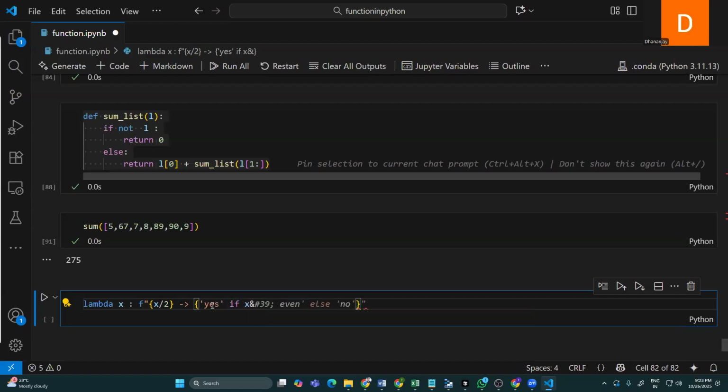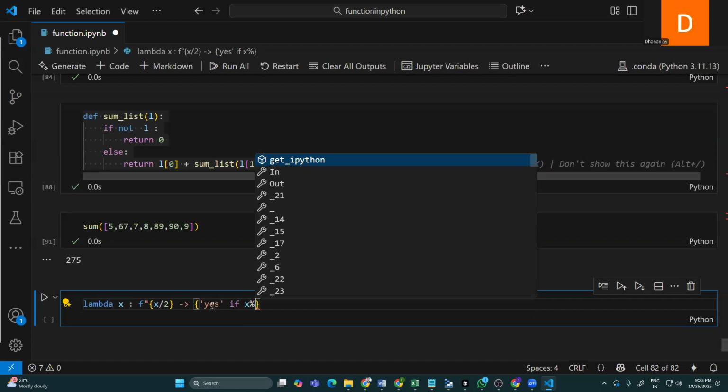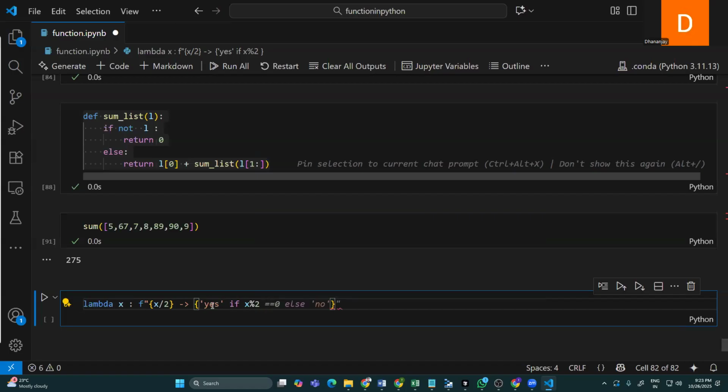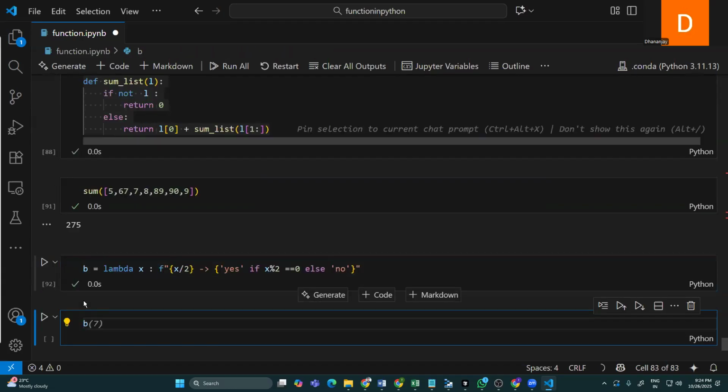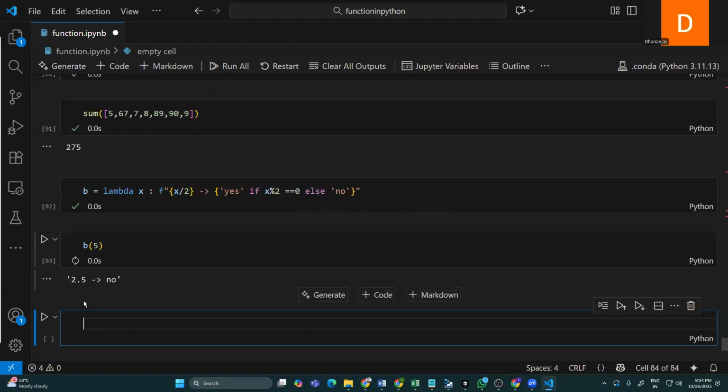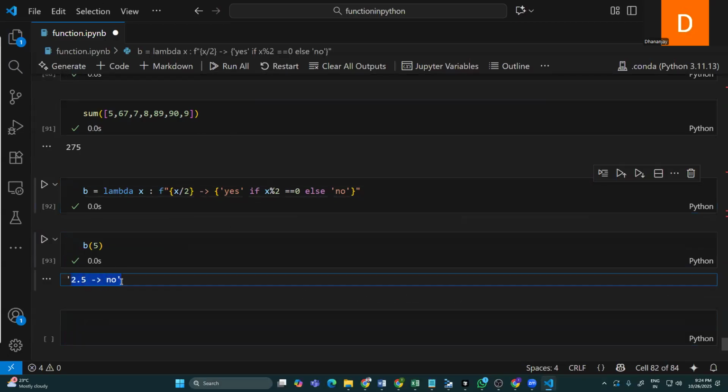इफ एक्स परसेंटाइल कोई भी लाइक 2 इज इक्वल टू 0, एल्स नो। और इसको हम होल्ड कर लेते हैं किसी में, लेट्स सपोज बी में, और देन यहाँ पर 5 हो गया। ओके। तो यहाँ पर 2.5 और देन नो आया।